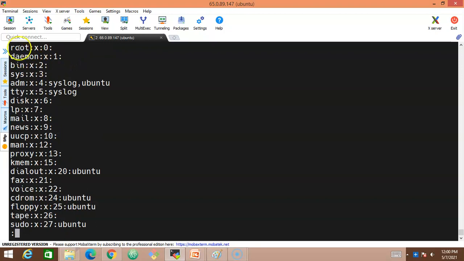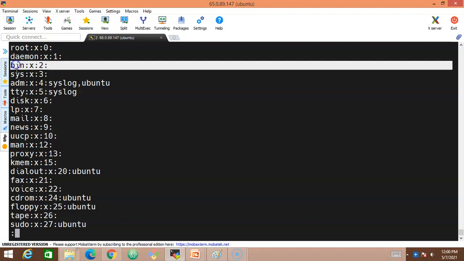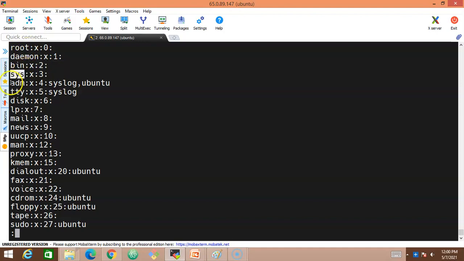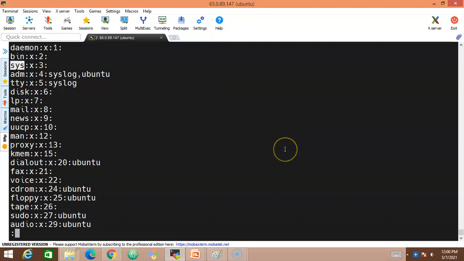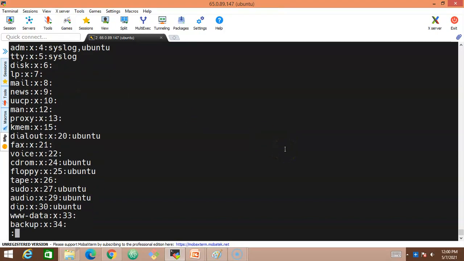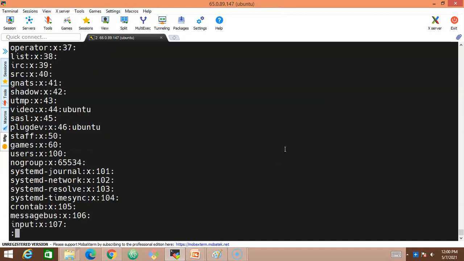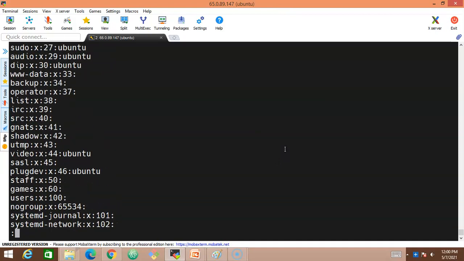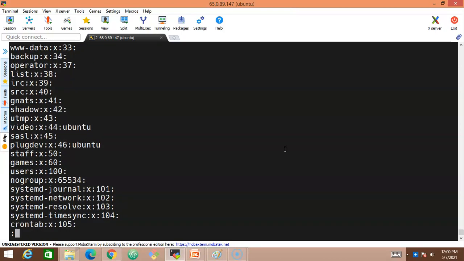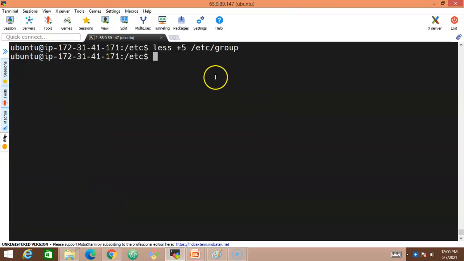If I scroll up, I do have some more group names available. See, look at this: 1, 2, 3, 4. Out of these 4, it is actually starting from the 5th line when I use less +5. Now I can make use of the enter button or the space bar to display page by page, or simply scroll up and down with the arrow buttons, and Q to quit and come out of it. And one more option we have is less -N